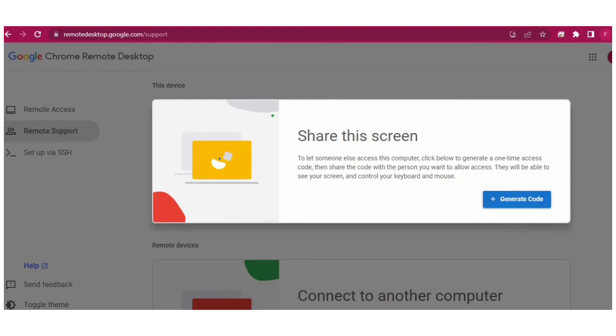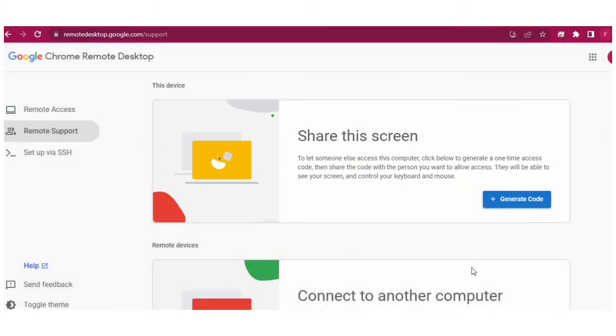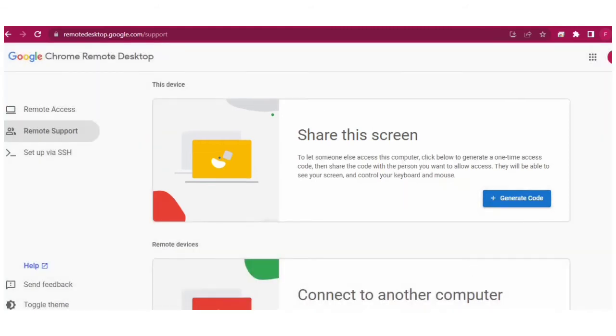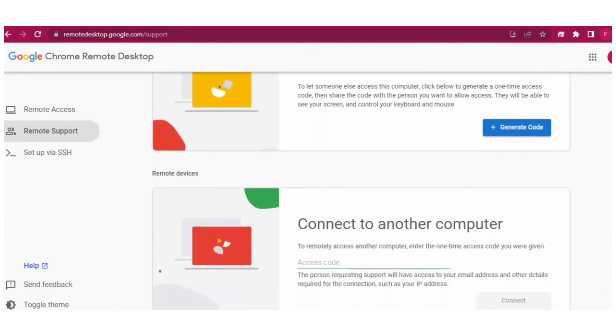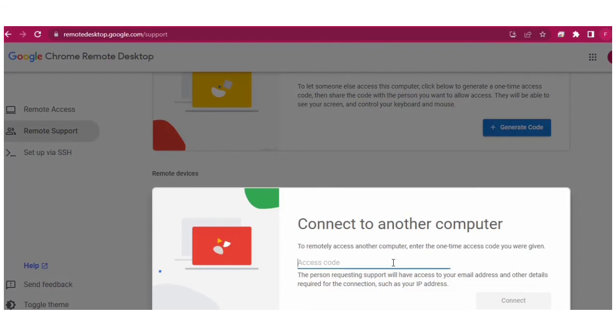Click on cancel. Then at the bottom we have the connect to another computer. So if there is someone who wants you to actually access their system, all they have to do is go through the same process of generating a 12-digit pin and sending that pin to you, and you just have to input it at this point where they wrote access code. And once you input and connect, you automatically have access and control over that person's system,